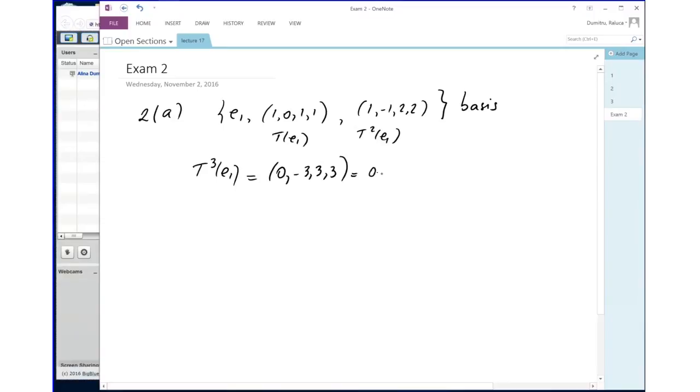0 times E1 plus negative 3 T of E1 plus 3 T squared of E1. Right, so the next vector turns out to be a linear combination of the first 3, and this is the linear combination that you get. Okay, so now